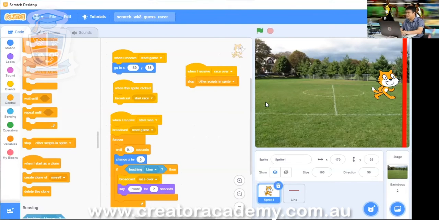All right. So now, before we add more people to the race, I want to ask everyone, what do you think will happen if I copied more of these cats down below? If I copied this exact cat down below, what's going to happen if we copied this cat a few times?